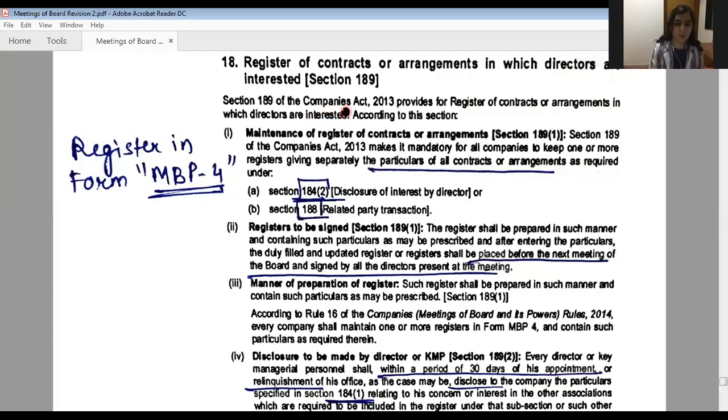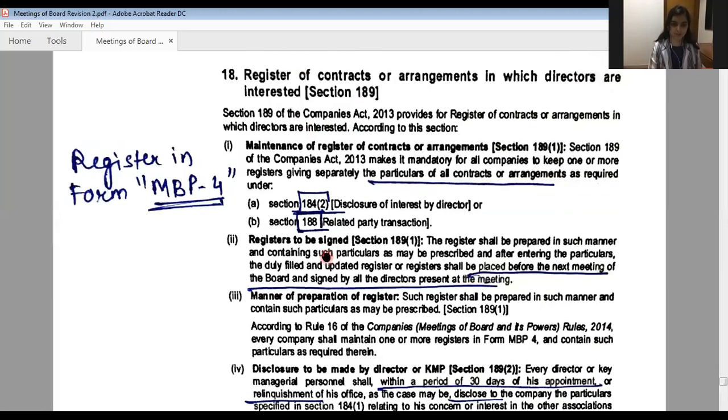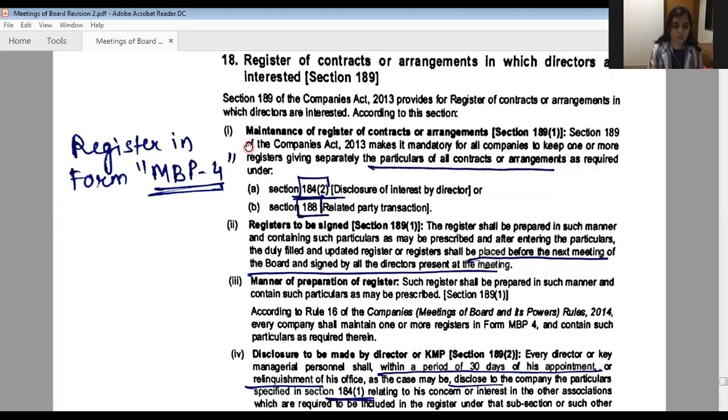Next is section 189, register of contracts or arrangement in which directors are interested. It states that a register of contracts or arrangements shall be maintained, containing all the particulars of contracts or arrangements under section 184 subsection 2 and section 188. The register shall be in the form